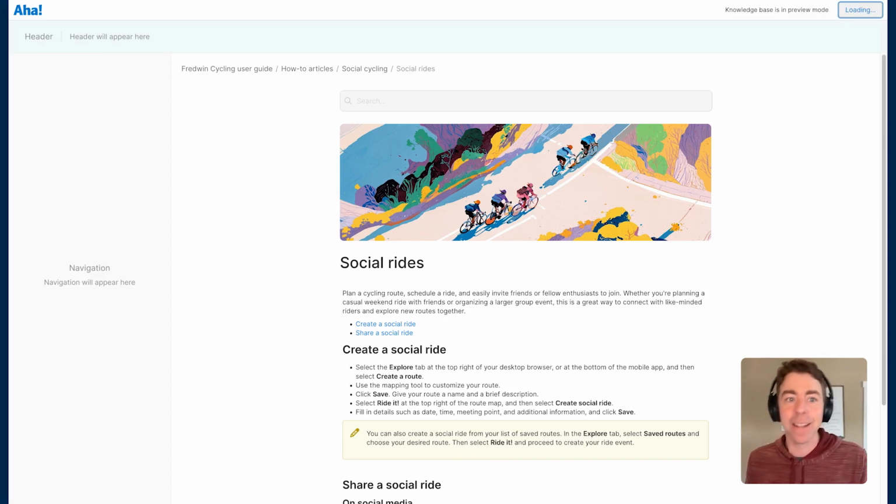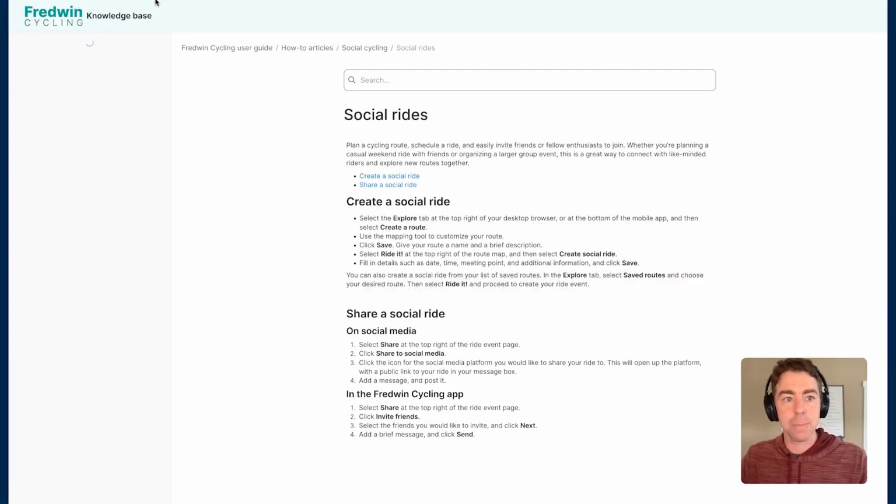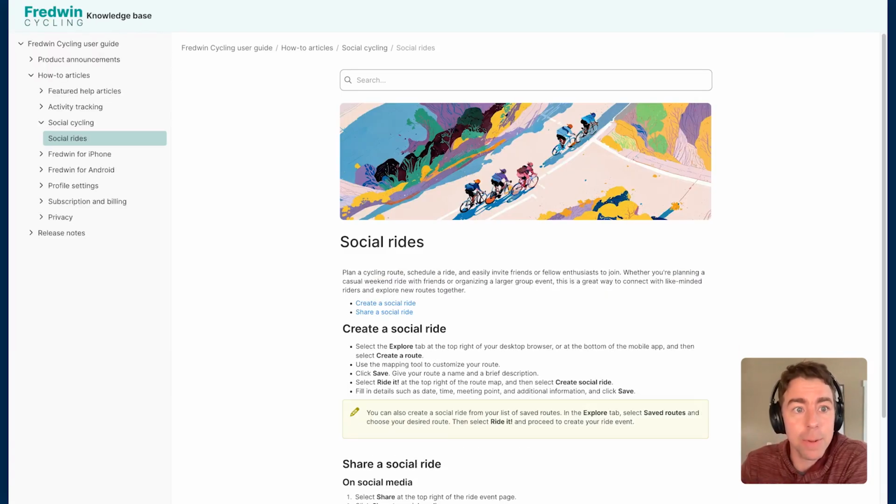Anything that has a header in AHA Knowledge can get a header image, and they can be used for any sort of use case. Right now, I'm publishing to a public knowledge base right here on our demo account, but you could also use this for a private knowledge base, maybe something that you've got set up with knowledge base SSO or internal documentation. And this could be a picture or an architectural diagram or a company banner, whatever you'd